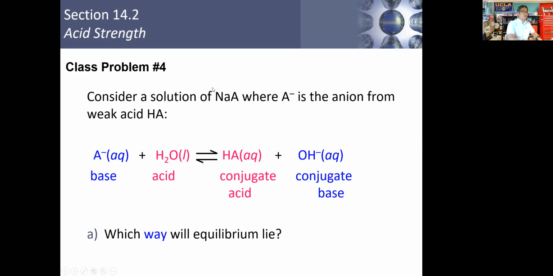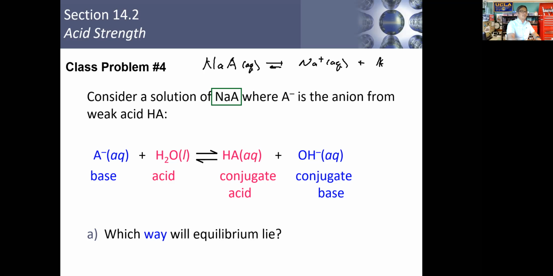Let's write this for you. This is an ionic compound, and when you dissolve it, this compound will dissolve into sodium ions and the appropriate anion. The question is asking: if this anion goes on and reacts with water to form the conjugate acid and this base,